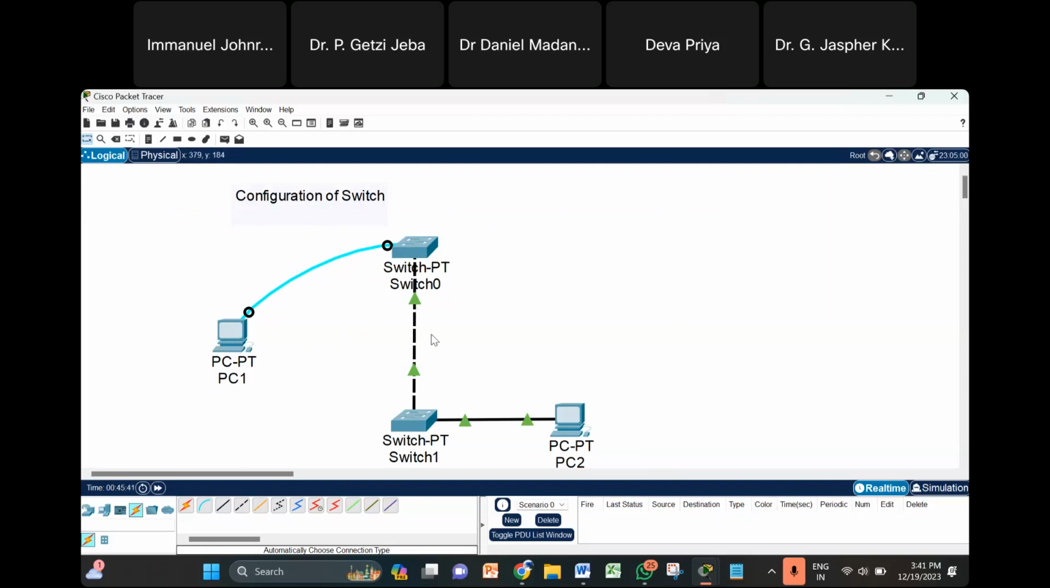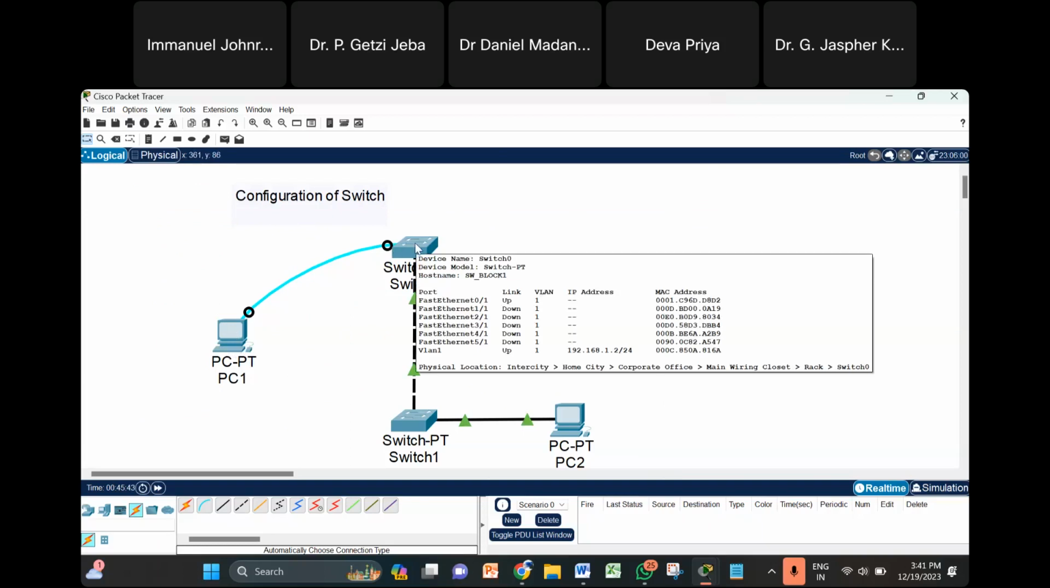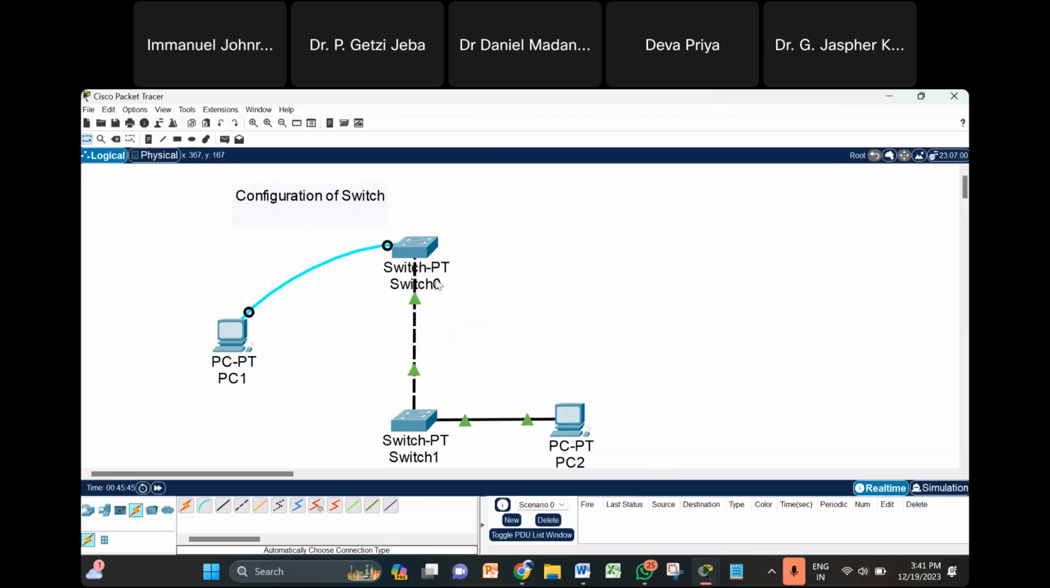And then we saw the telnet configurations of the switch. And then we discussed how to secure the different modes of the switch, right? So what you can do is